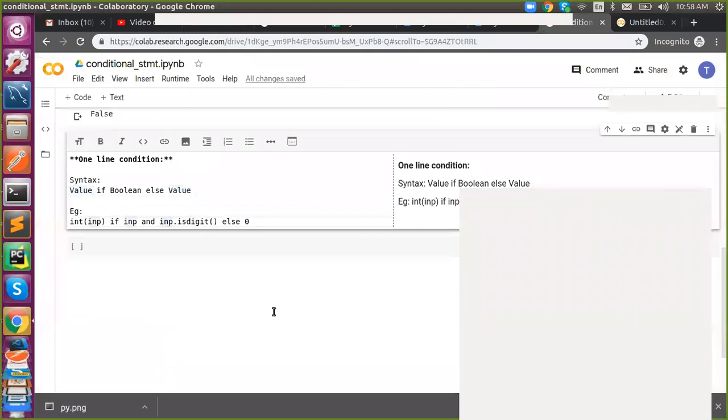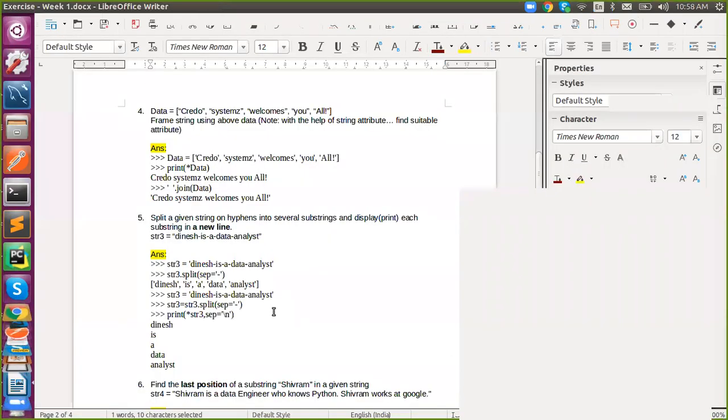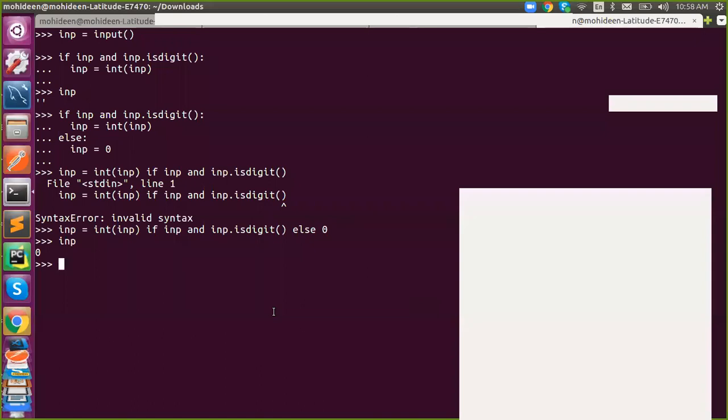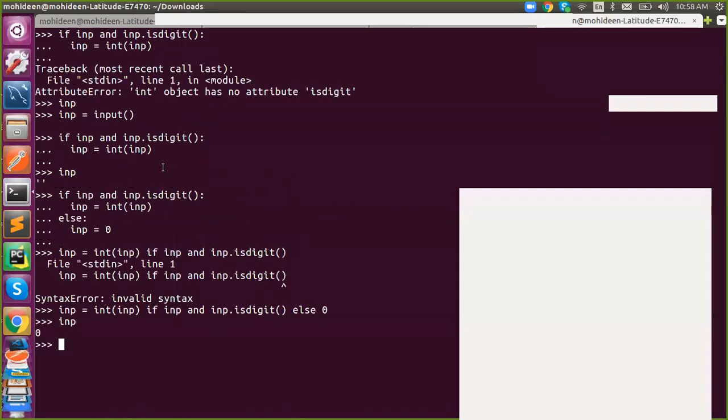Are you clear? What is the use of this one line? So you have actually reduced my code, right?